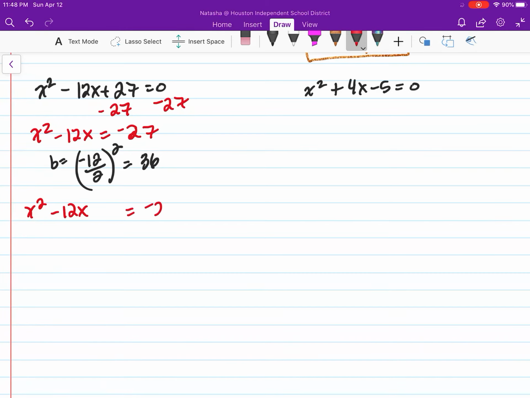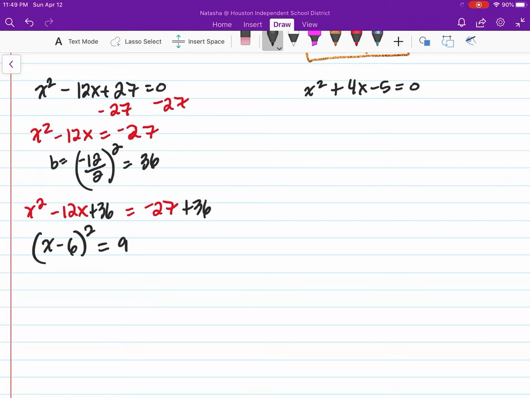Okay, so now remember, we're going to add that to both sides. So I'm going to rewrite x squared minus 12x is equal to negative 27, and add 36 to both sides. Now I know this is going to give me a perfect square binomial on the left side, so that's going to be x minus 6, because 36 is 6 times 6. So that's going to be x minus 6 squared, and that's going to be equal to